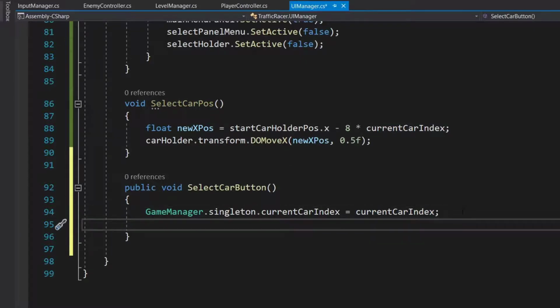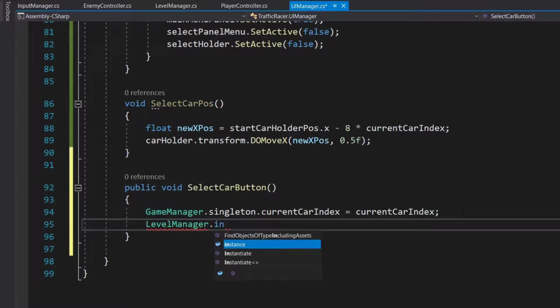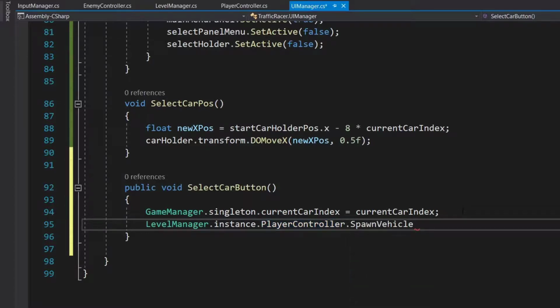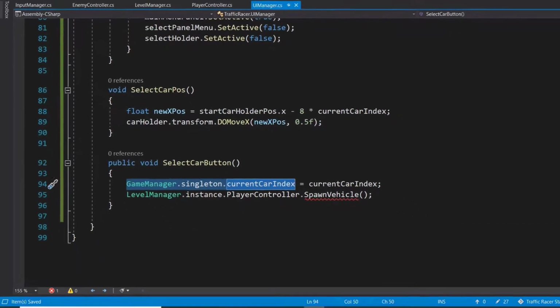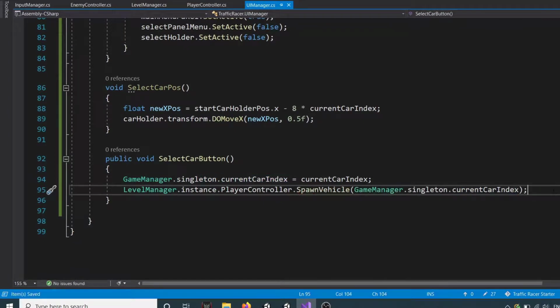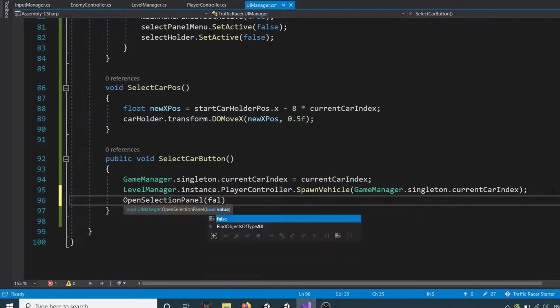So first we set our game manager current car index, then we call LevelManager.instance.player, the player of our level manager, and then we call its SpawnVehicle method. Here we will pass our game manager current car index. Let's copy this and paste it here, and we need to deactivate our selection panel. So OpenSelectionPanel and we are going to set it to false.